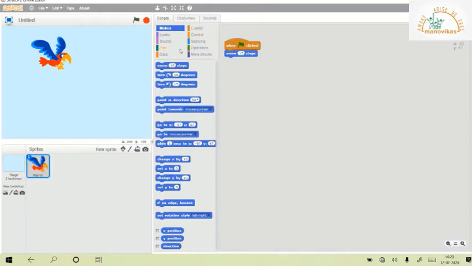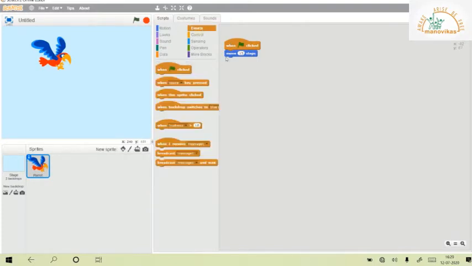Now apart from the hat block which I have used, I can also use some other blocks, which I will just try. So let me use this one. This is when space key is pressed. So in order to move the sprite, we will have to press the space key.